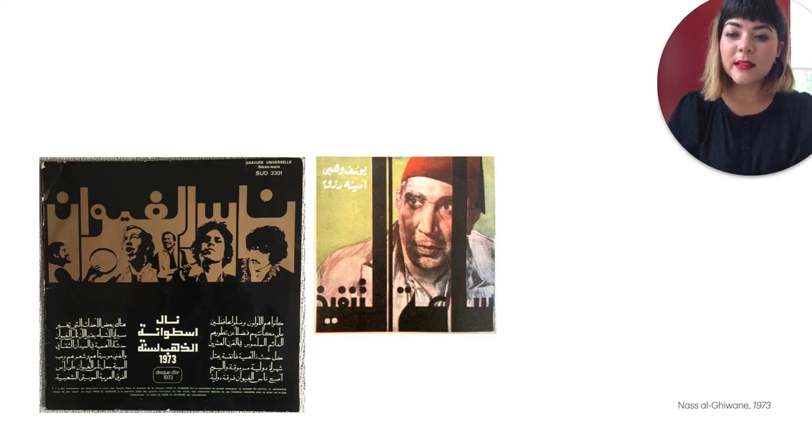This is Nasriwan's gold record. Nasriwan is such a huge, engaged political band in Morocco. Their lyrics are like fire, to be honest. This gold record is mixing Kufic and Maghribi scripts as well as hand lettering, which juxtaposes some